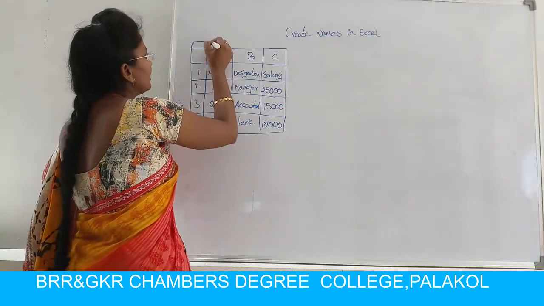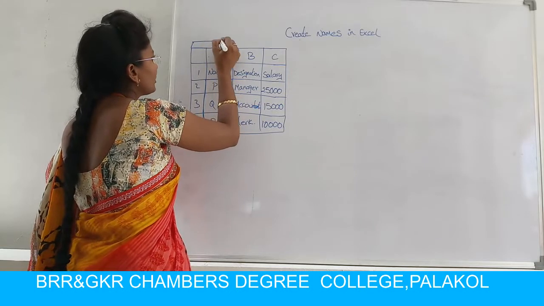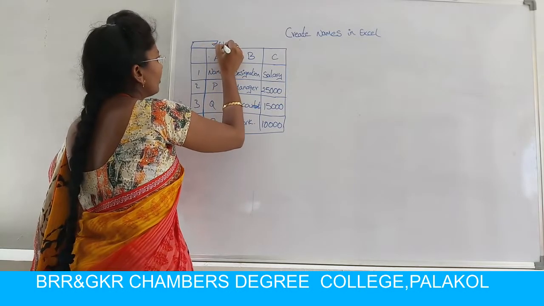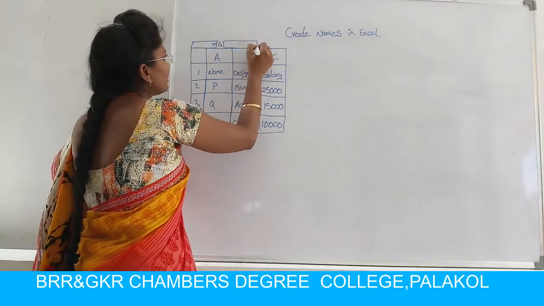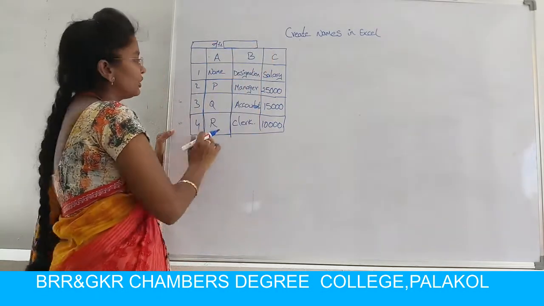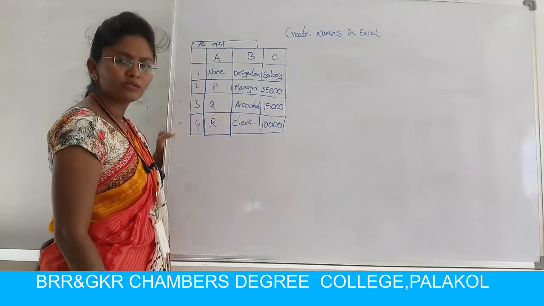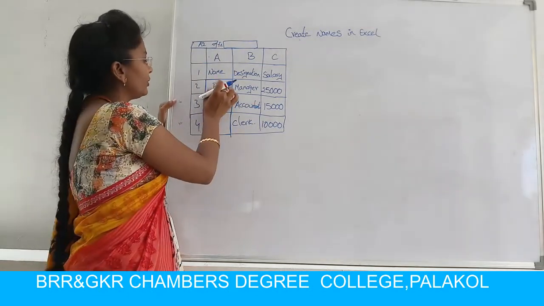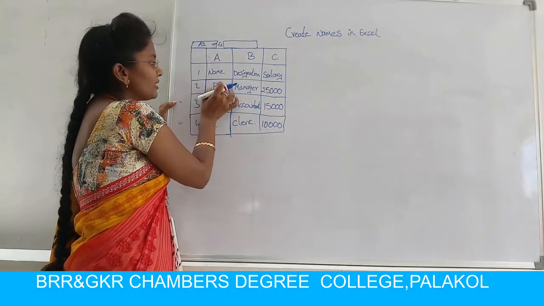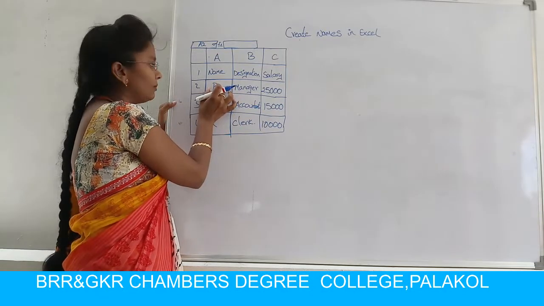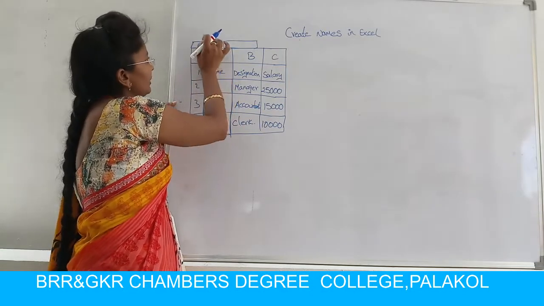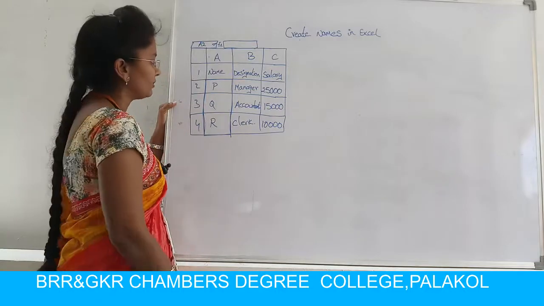After selecting the cells, here you can find one name box and this is the formula bar. After selecting data in the Excel sheet, it will display A2 in the name box. Why it is displaying A2 in the name box means the first cell is an A2 cell. That cell reference will be displayed in the name box.